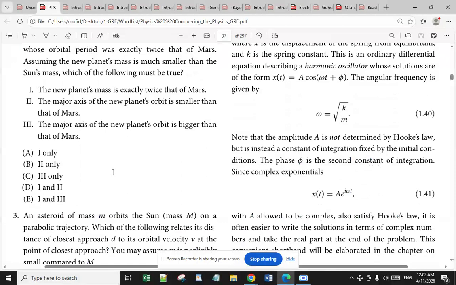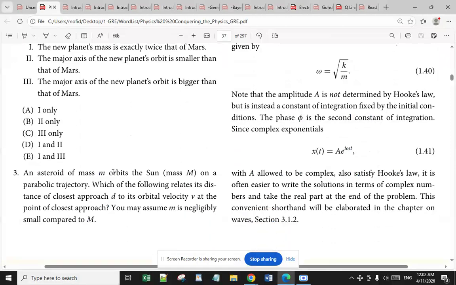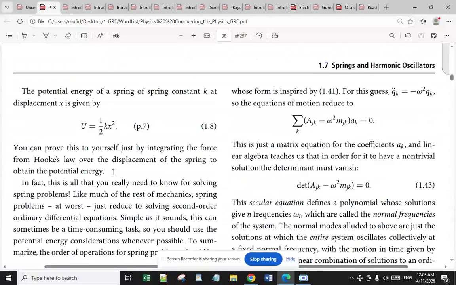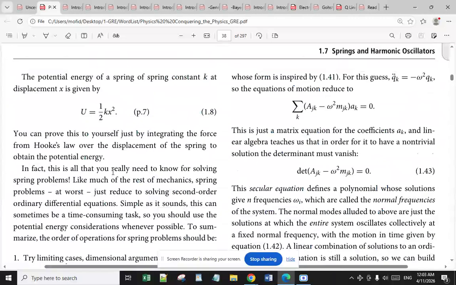The phase phi is the second constant of integration. Complex exponentials, x(t) is equal to R e to the power of i omega t, which are allowed to be complex, also satisfy Hooke's law, and it is often easier to write the solutions in terms of complex numbers and take the real part at the end of the problem. This convenient shorthand will be elaborated in the chapter on waves, section 3.1.2. The potential energy of